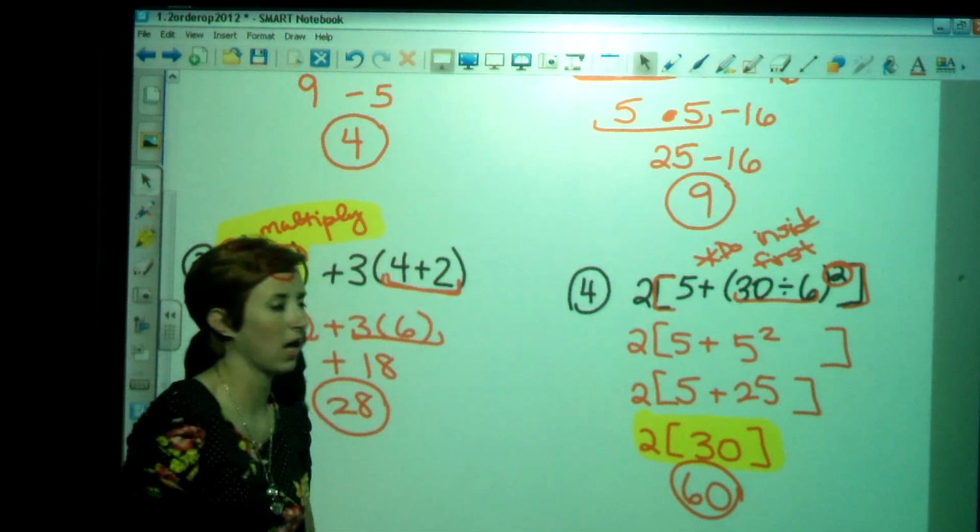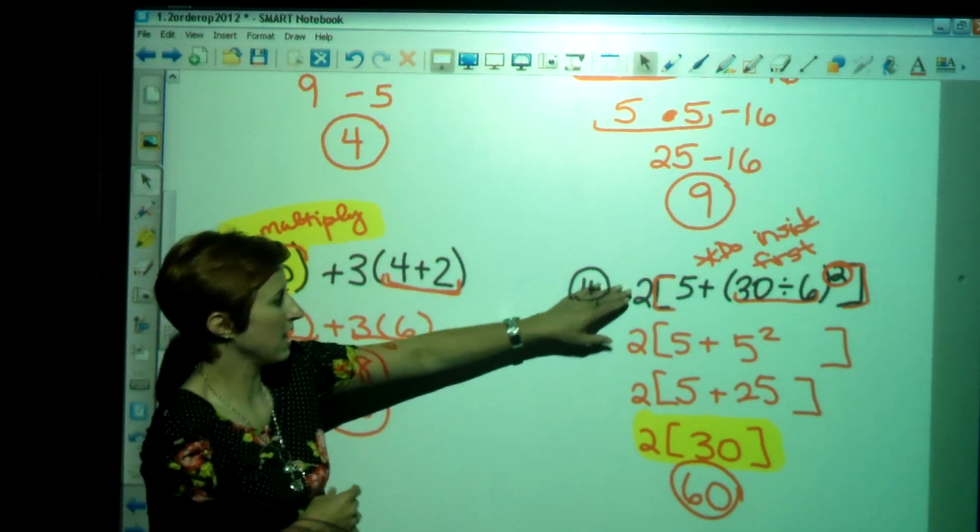Now with this first set of examples, they gave us the expression